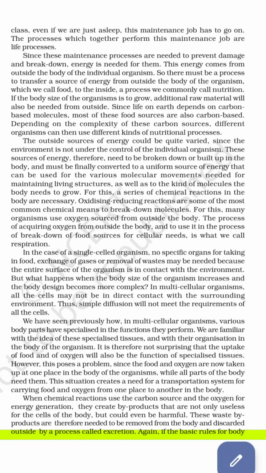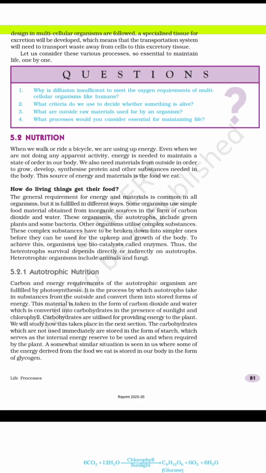Again, if the basic rules for body design in multicellular organisms are followed, specialized tissues for excretion will be developed, which means that the transportation system will need to transport waste away from the cells to the excretory tissues. Let us consider the various processes so essential to maintain life one by